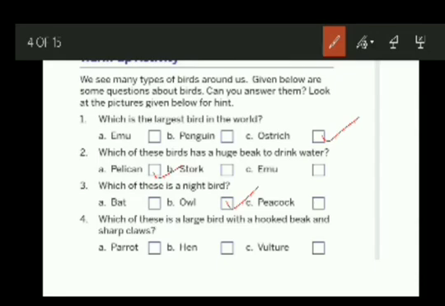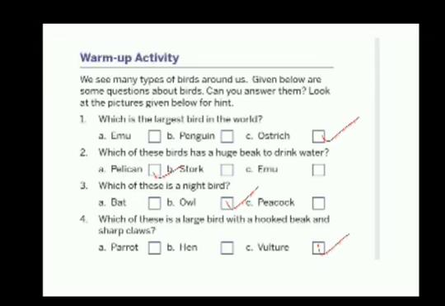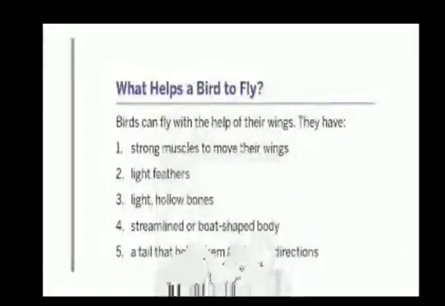Vulture? You know parrot eats fruits. Hen eats grains. So vulture is the correct option, which has a hooked beak and sharp claws to hold on to their prey, that is the small animals which they eat. Now let's see